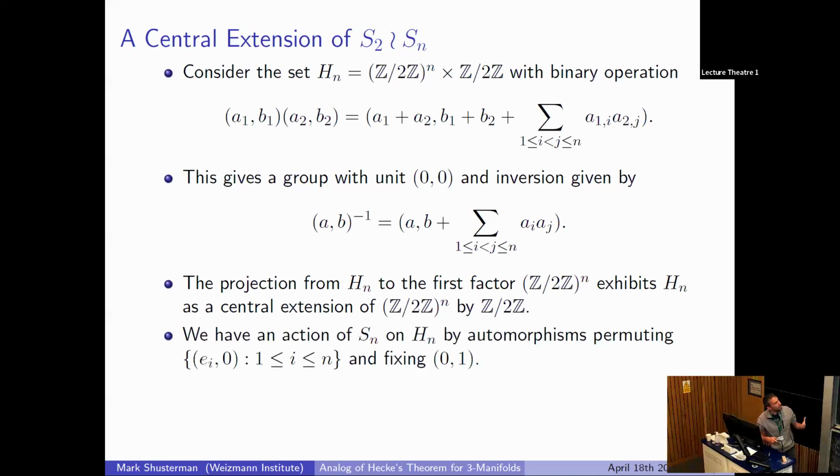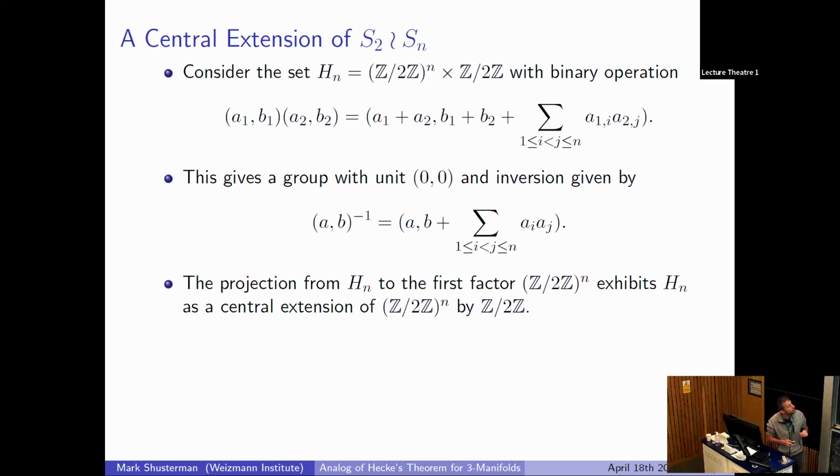One thing you can do, which is maybe nicer than this formula. The 1 and the 2 in the sum upstairs should disappear, right? Otherwise, I don't understand. Well, I think there should be. A1i is accessing the coordinates of A1 and A2. That's confusing notation. So A1 and A2 are elements, they're vectors, and I'm accessing the coordinates of the vector. Thanks for bringing it up, because this is confusing.